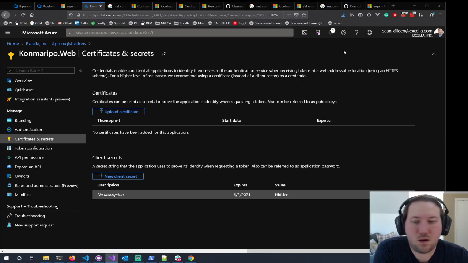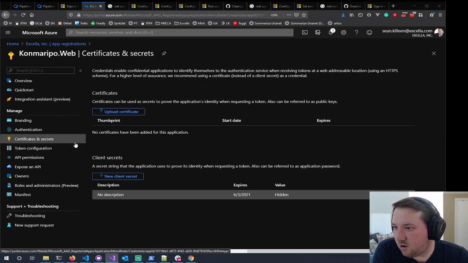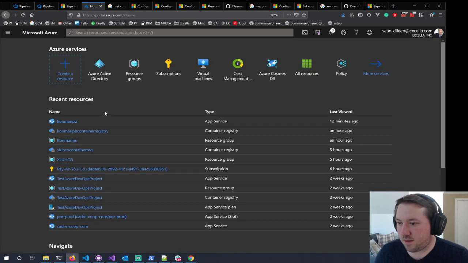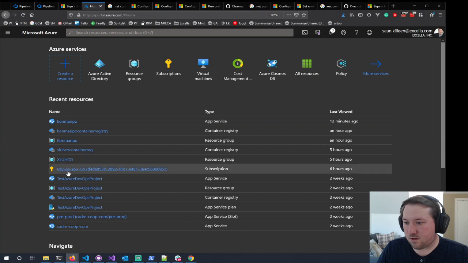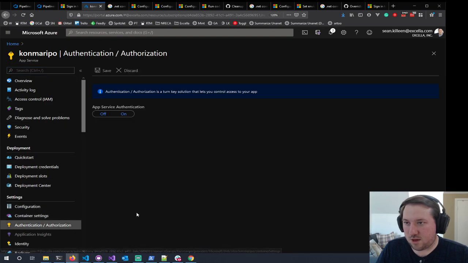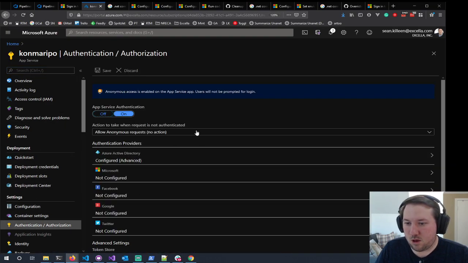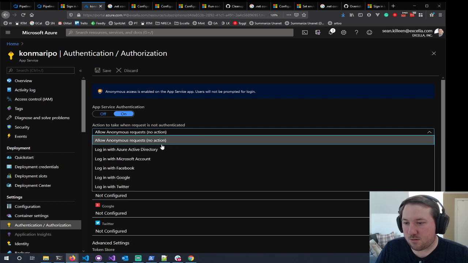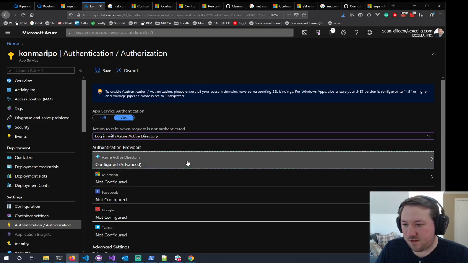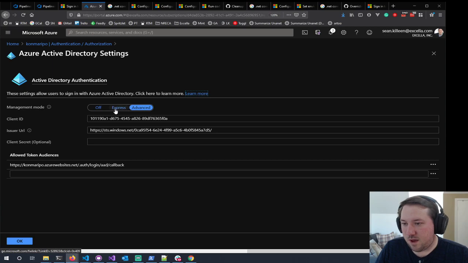Okay. So what we're going to do now is we are going to look for the callback URL for that site here. Go to the authentication again for our web app. It's on. We're not going to allow anonymous requests. We're going to log in with Azure Active Directory all the time. So when the request is not authenticated, we want every user to be authenticated in this site. So we'll go ahead and see if we can